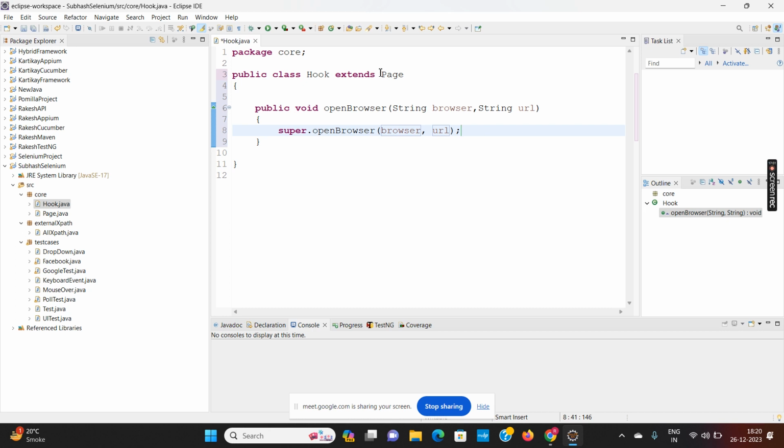The hook class is inheriting page. Super means it is calling the page class method. So we have created again an open browser method in this hook class, and this open browser method of hook class is actually calling the open browser method of my page only. Because I need to initialize the driver, I have to call this page class from hook, and after that we'll be writing